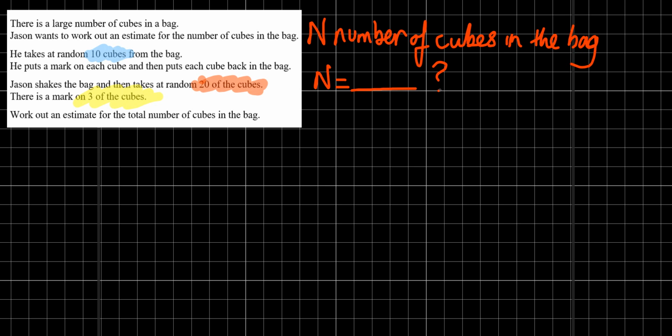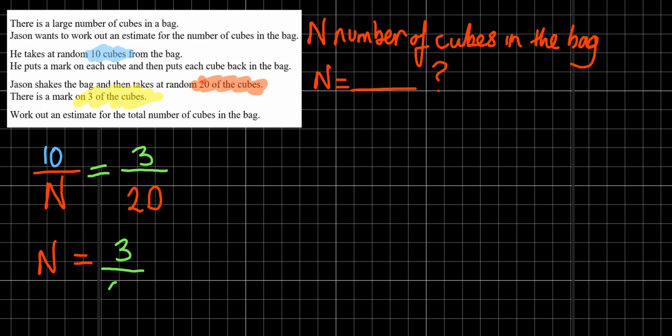But because it's the same bag he's picking from, the proportions are going to be the same. So we've got 10 out of n number of cubes. That is going to be the same as the second time round, where he had 3 out of 20. So those two are in the same proportion, and if we then work out n, we would have 3 over 20,